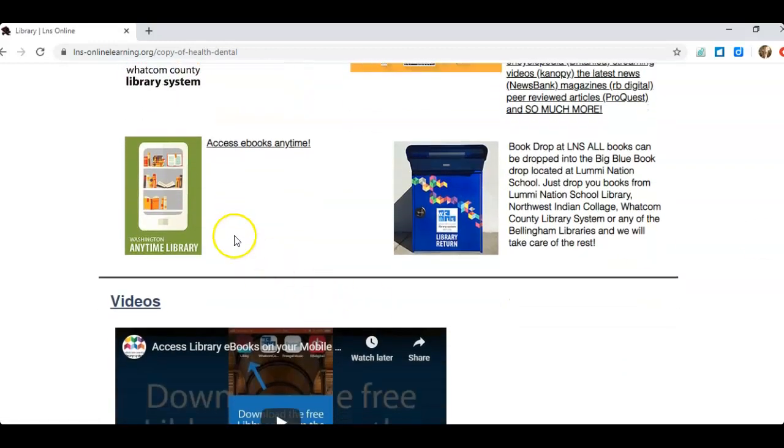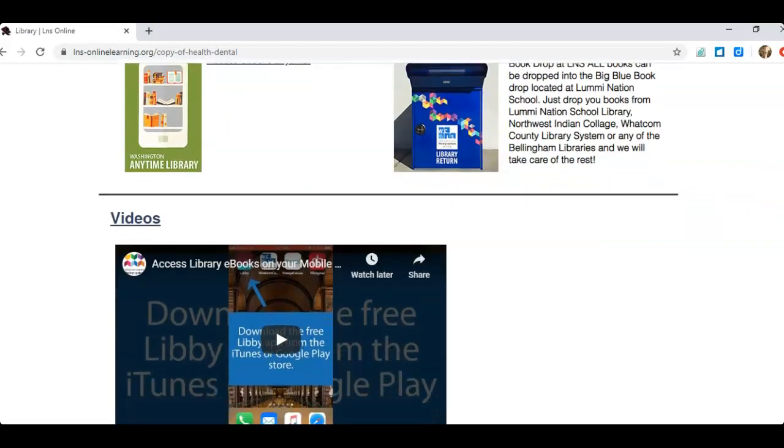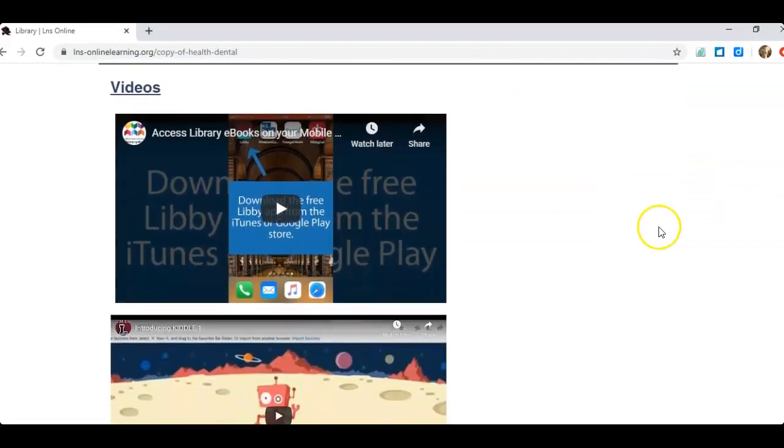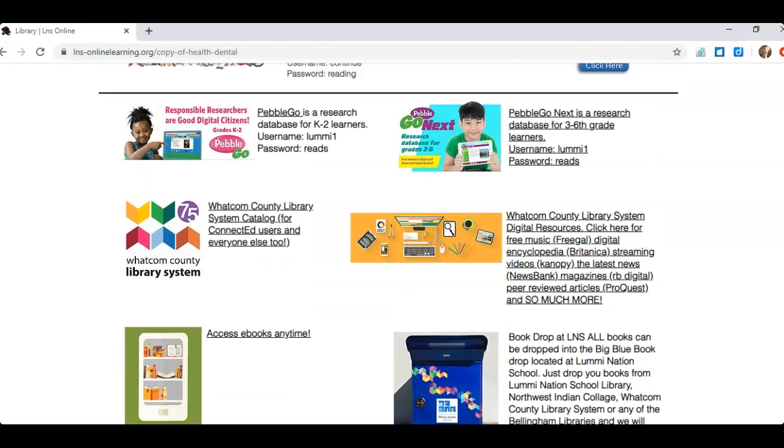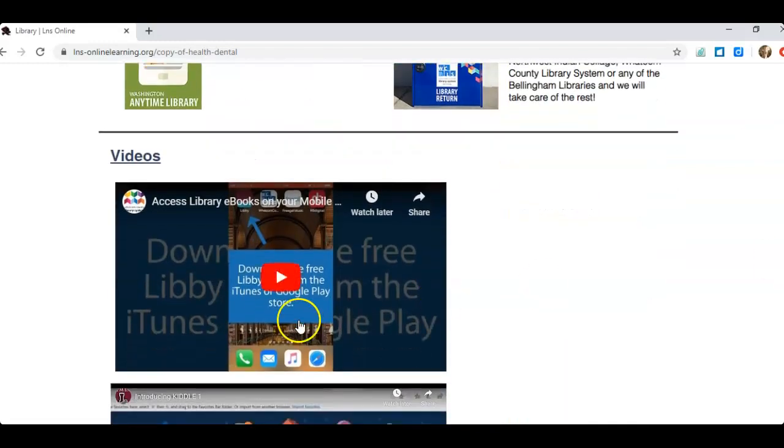Here is a way to access ebooks through Washington State Anytime Library. And then here are a few other tutorials. For example, if you want to access the library ebooks through Whatcom County Library System, or the Washington State Anytime Library, you do need to download this app onto your device. And here is a really quick tutorial to show you how to download the app